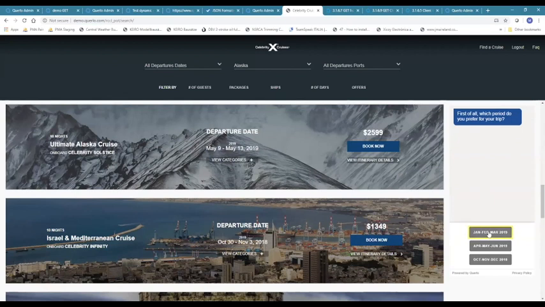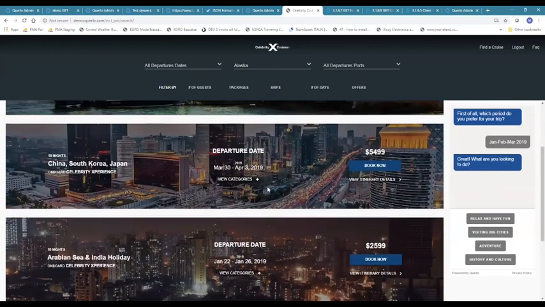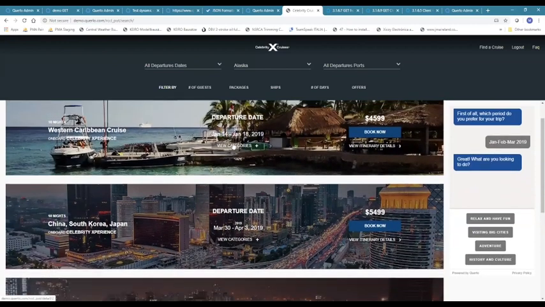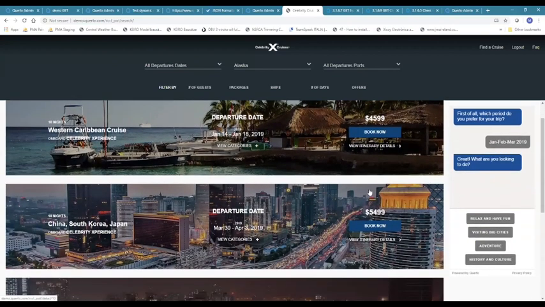I say, all right, show me what you got. I want to leave in this period. And what happens over here? The number of itineraries has changed to 4. How did this happen? This happened by sending another command to the host website, which in turn triggered its endpoint for adding this filter. Right,